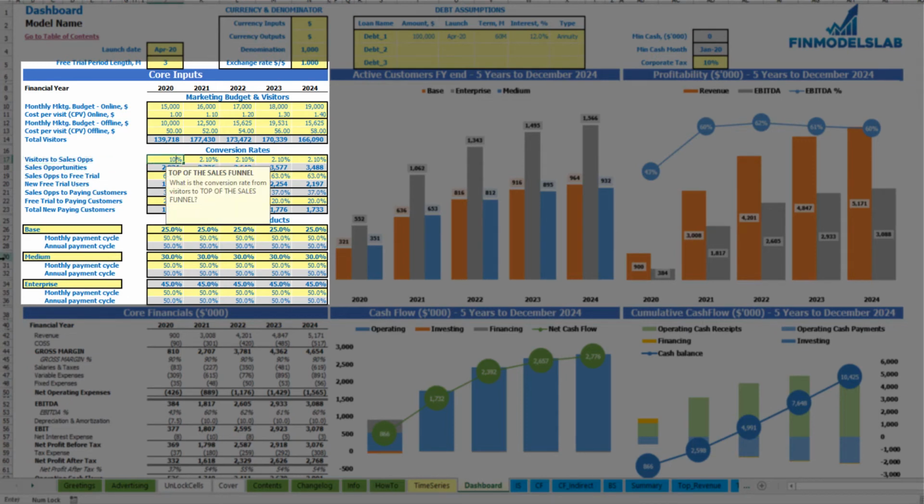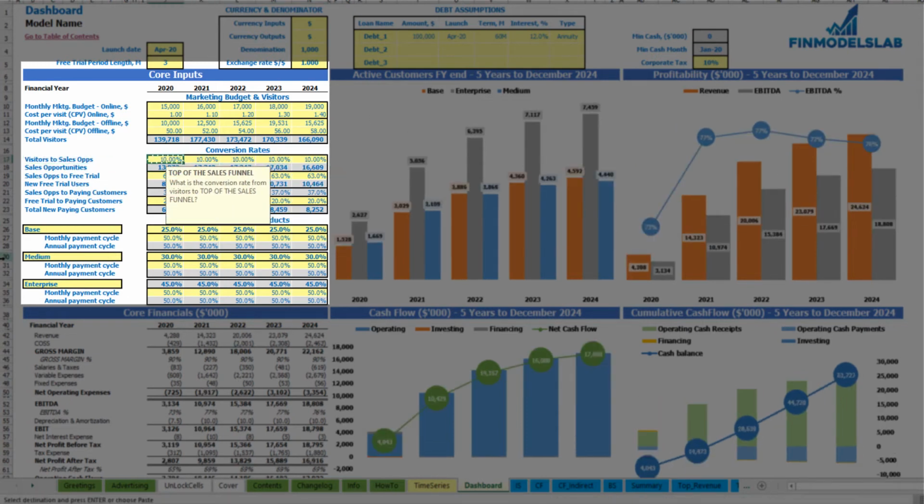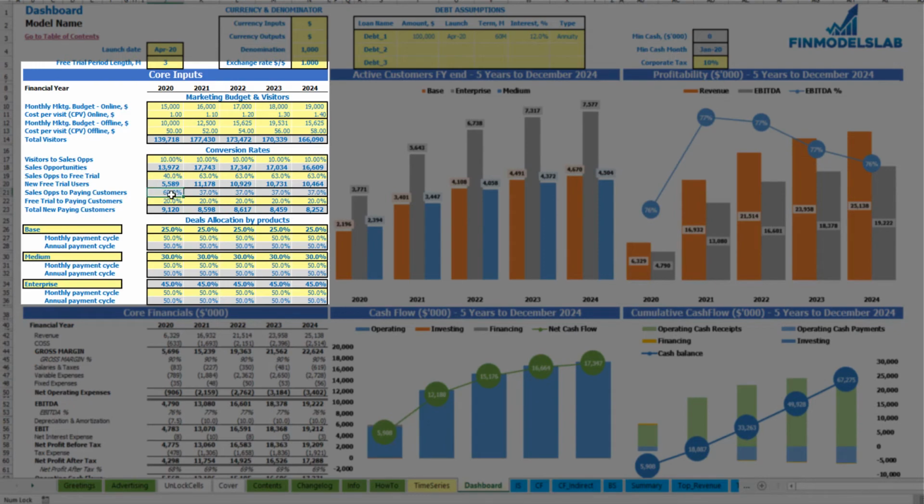Let's pretend this is 10%. You can change them across the years. I'll just set 10% across all the years. So 139,000 will be converted to 13.9 thousand sales opportunities. And the next step is free trials. The model assumes that some opportunities can convert directly to paying customers. So sales opportunities to free trial can be, for example, 40%, and the other 60%, which is 100% minus 40, will